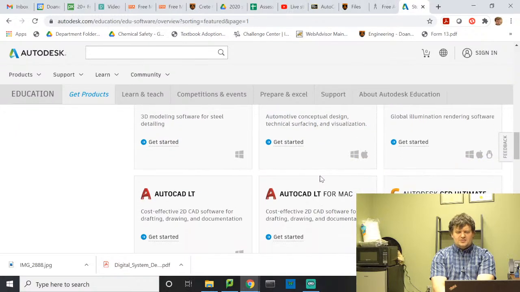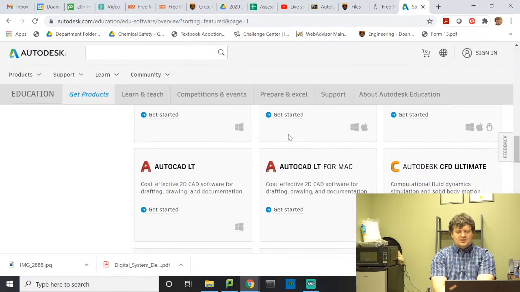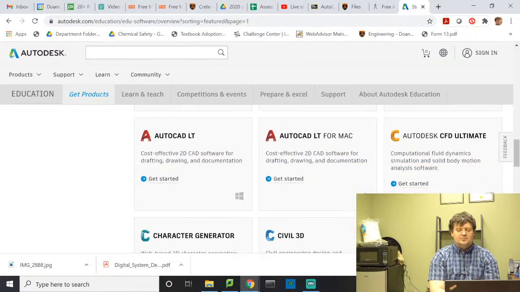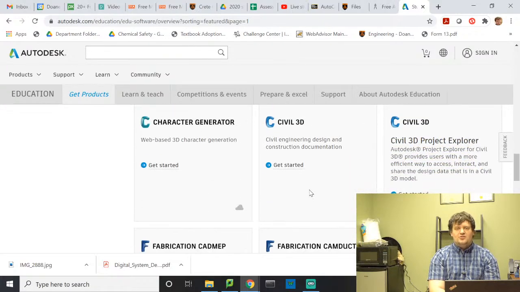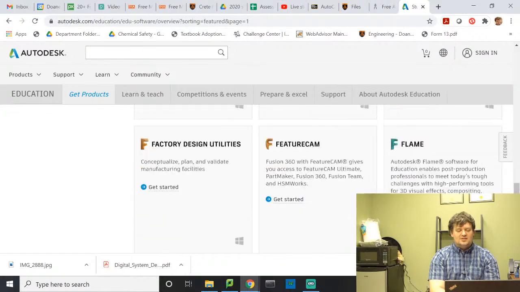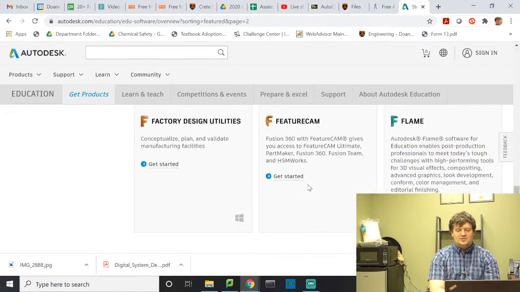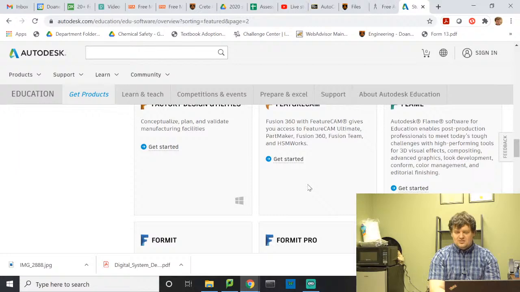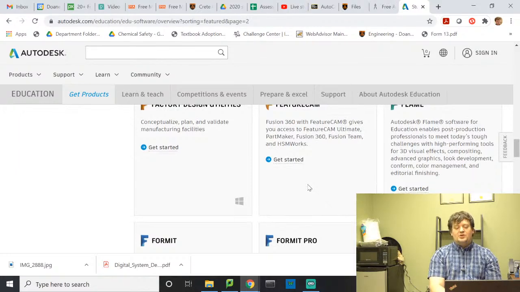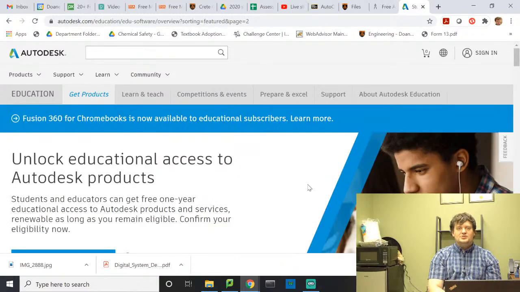I'm not sure what that is. AutoCAD LT, which is a really lightweight, computationally very cheap program, which is nice if your computer's running out of space. Man, they have a lot of stuff. I don't even know what Flame is. A lot of programs that take 2D or 3D modeling and make it look nice.